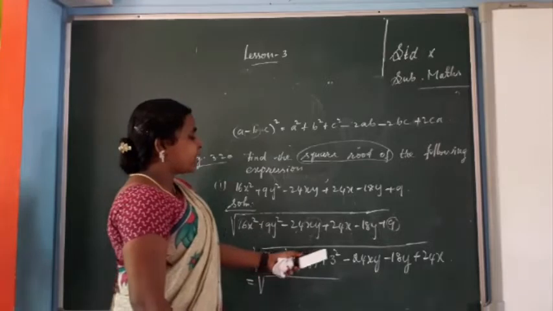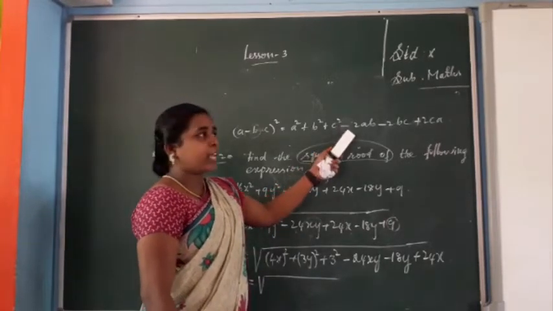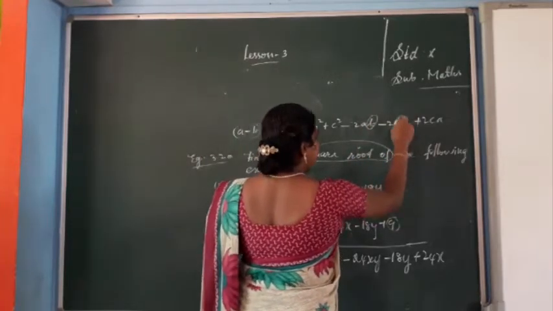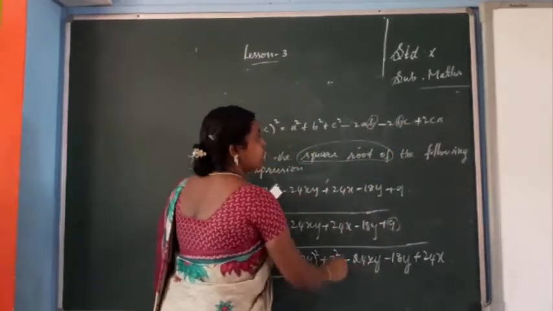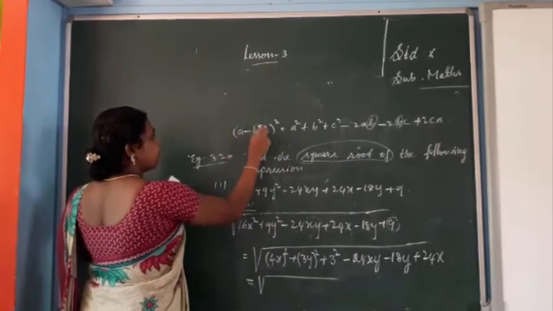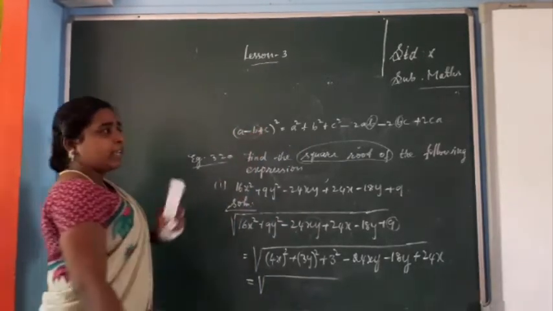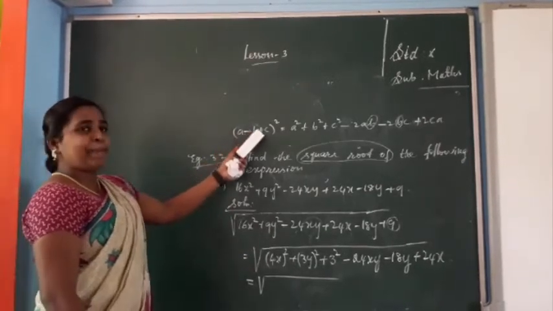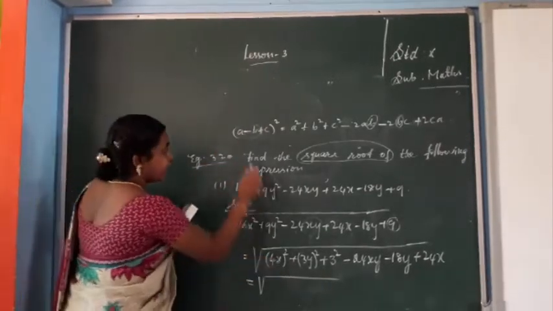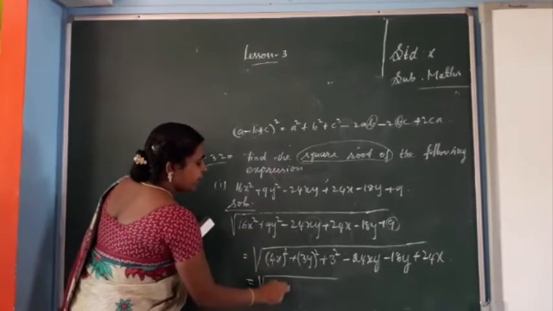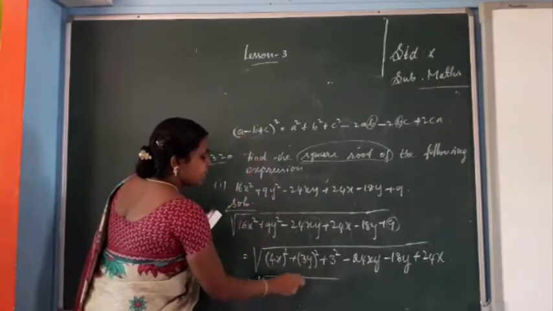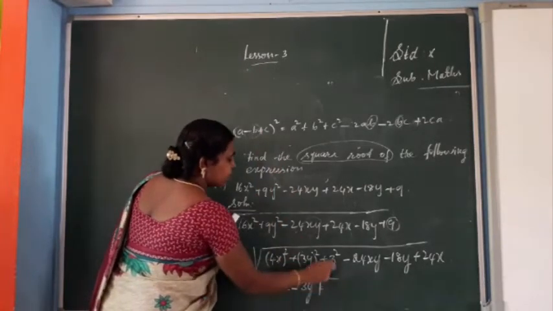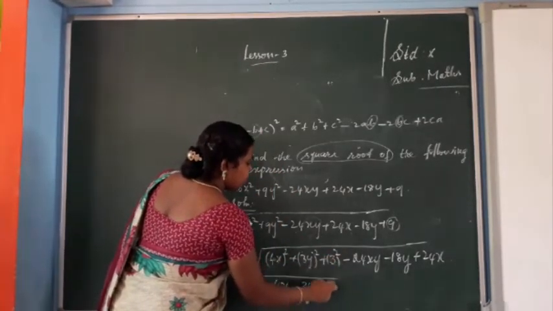A square plus b square plus c square minus 2ab minus 2bc. So wherever that b is coming, that place only we are getting minus, isn't it? So here you have to put minus for b, remaining plus. A minus b plus c the whole square. It is in the form of a minus b plus c the whole square. So instead of a, what is here, 4x. Next minus, so minus instead of b, 3y, plus c, so plus 3. The whole square.